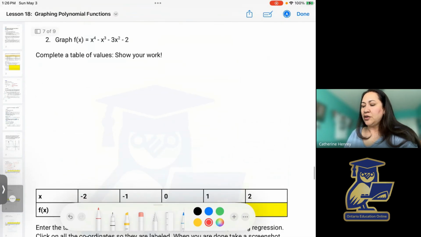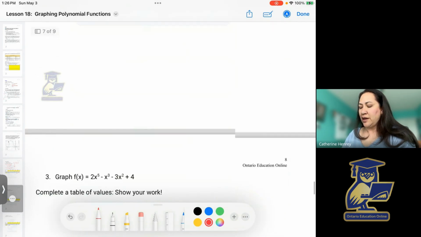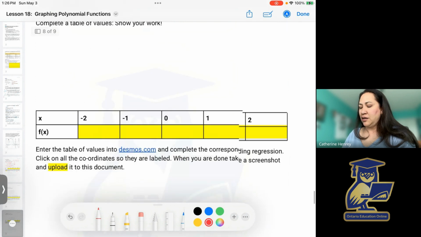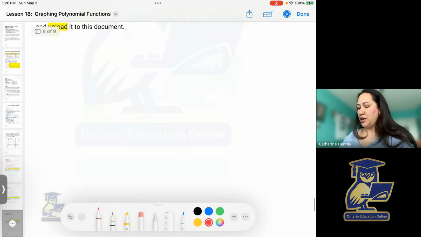Here's another one that you're going to do. F of x equals x to the power 4 minus x cubed minus 3 times x squared minus 2. Again, work that out on Desmos. And finally, a third one to do. Okay. All right, so those last couple of functions will be your independent practice. And then we're going to go on